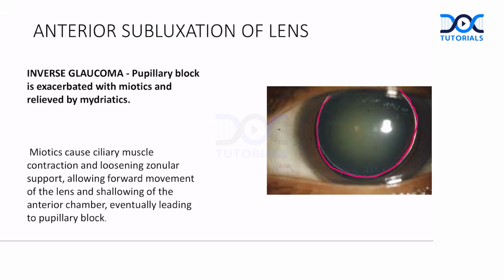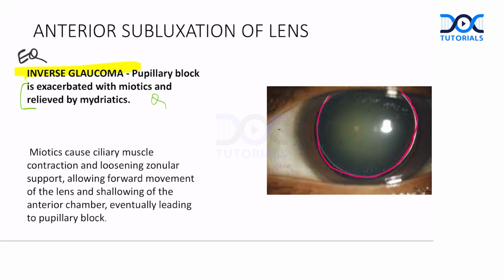Now, another important question. This is one condition which is dealing with inverse type of glaucoma. So, what is inverse glaucoma? Normally, we have read that if the pupil is blocked, we have a treatment with the help of pilocarpine, and mydriatics will aggravate the block. But what is happening here? Opposite. Actually, this is exacerbated by miotics and relieved by mydriatics. Have you seen it anywhere else? No. Inverse glaucoma is this. Now, let us understand the rationale. Why it is improved by atropine, why it is deteriorated by pilocarpine.